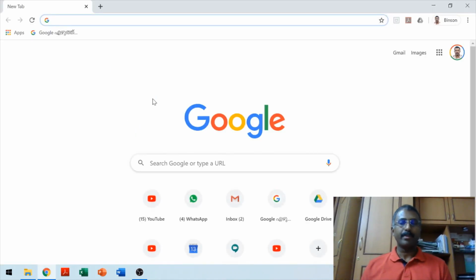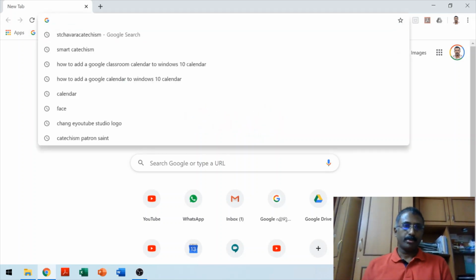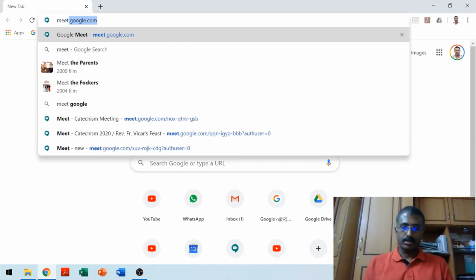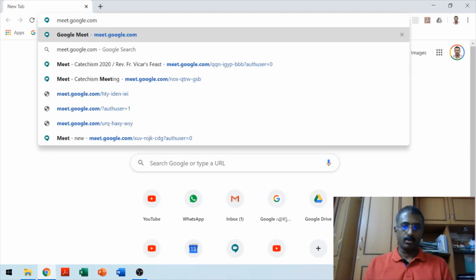There's a primary prerequisite I want to add: the meeting owner, whoever is setting up the meeting, will have to have a Google account, a Gmail account, right? That's a prerequisite, and you will have to log into your Google account. So you open the browser and come to this particular URL, meet.google.com,